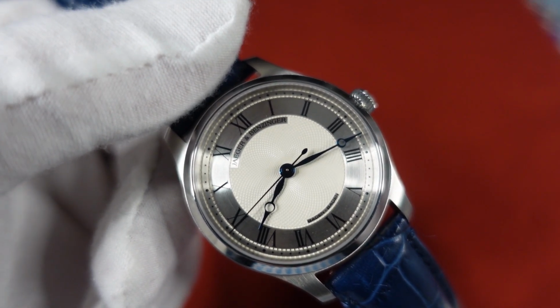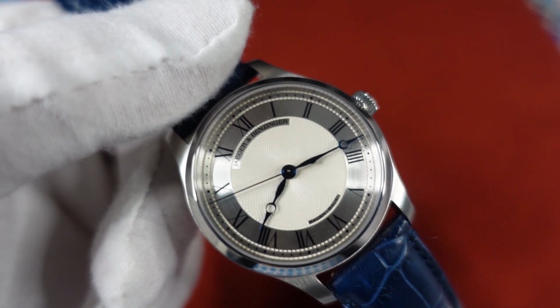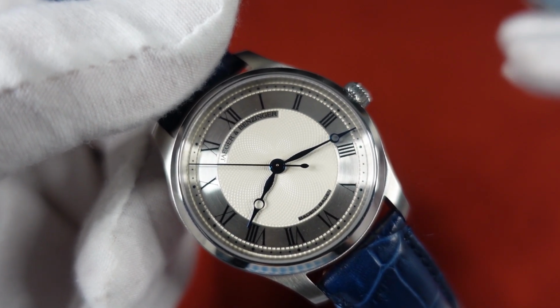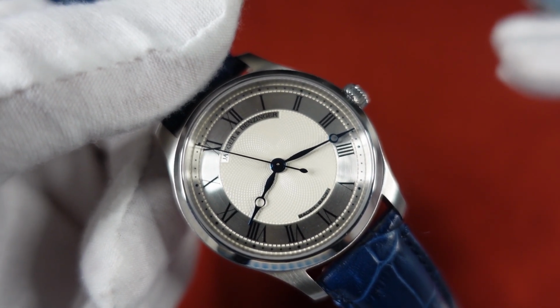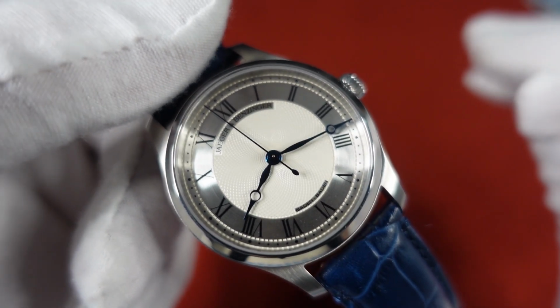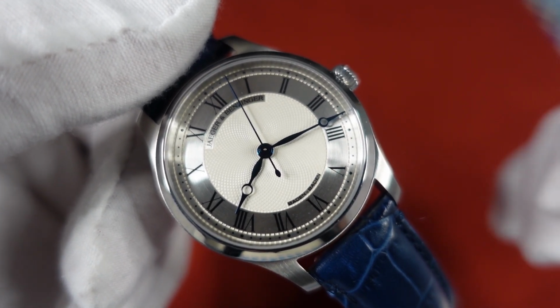So that's another thing: number two, try to get as many pictures as you can from the seller to make a determination, because that would help for sure. And so why I bring this up now is when I got the watch,